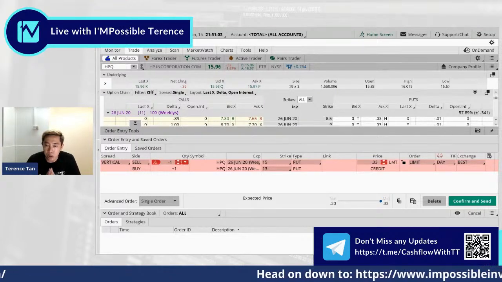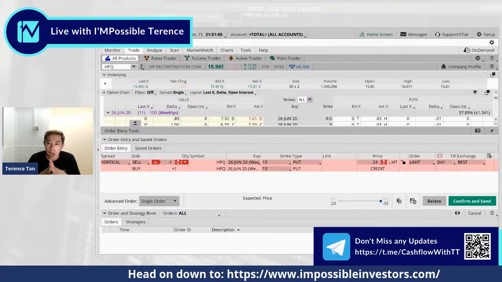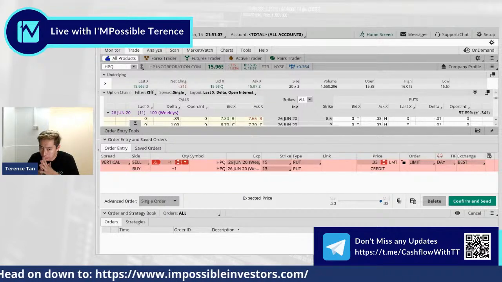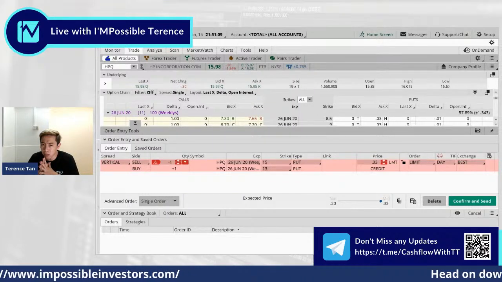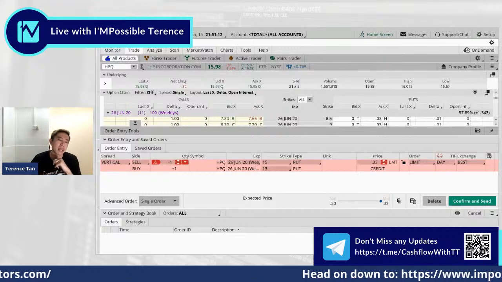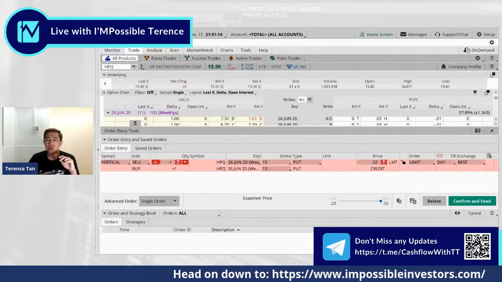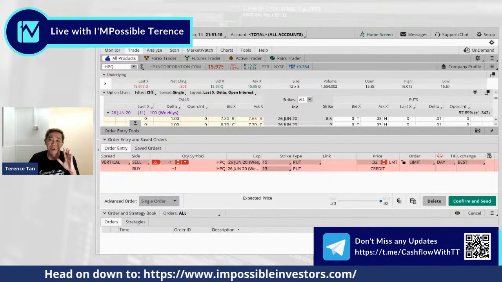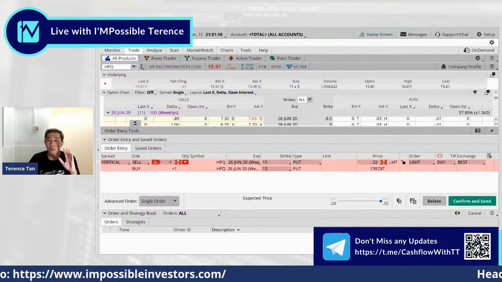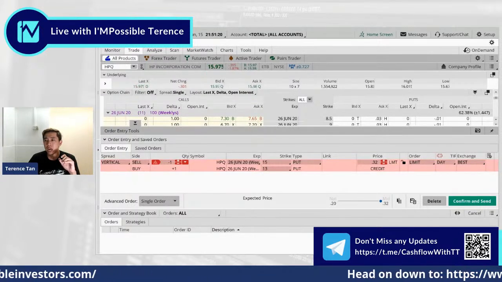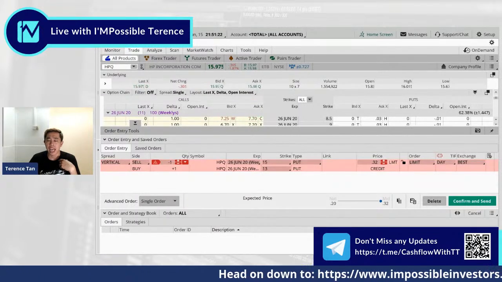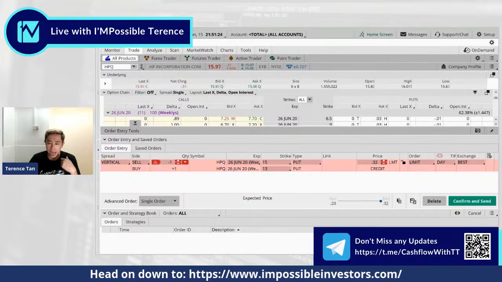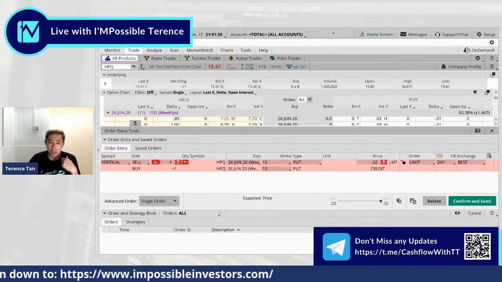Okay, let me address Wing Kai's question first. It might be a bit too technical. How do we compute the probability of profits? There are two ways to do this. I'll show you the simpler way first, and then I'll go back to quickly discuss how we do it as per what you saw on the board just now. So on the brokerage platform over here,